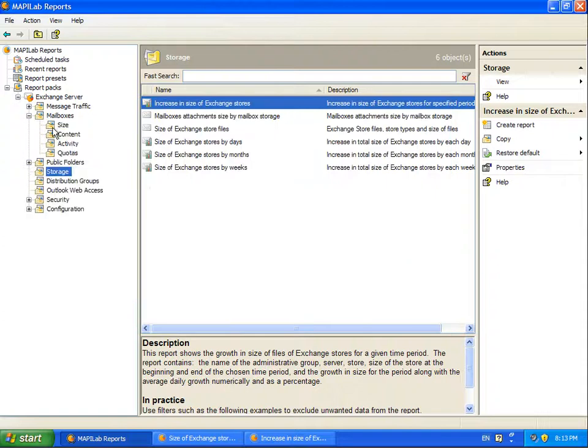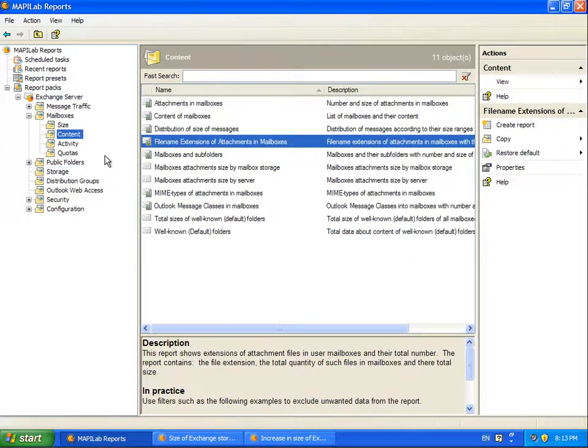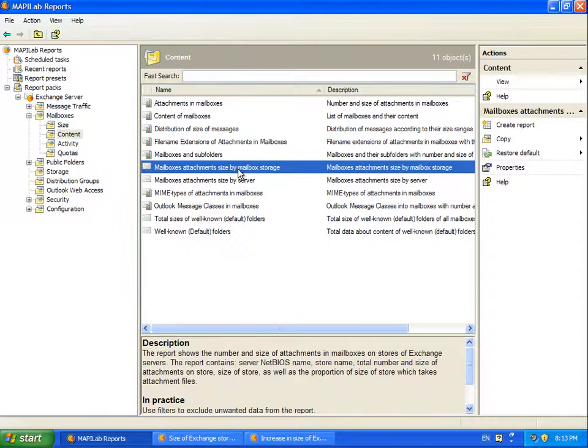We have a number of reports to study the growth of mailboxes. If we had investigated several repositories, then we could take advantage of the Mailbox Attachment Size by Mailbox Storage report, showing the quota of attachments. But as we analyze only one repository, we can immediately generate a report that shows how much space is occupied by files of different types.